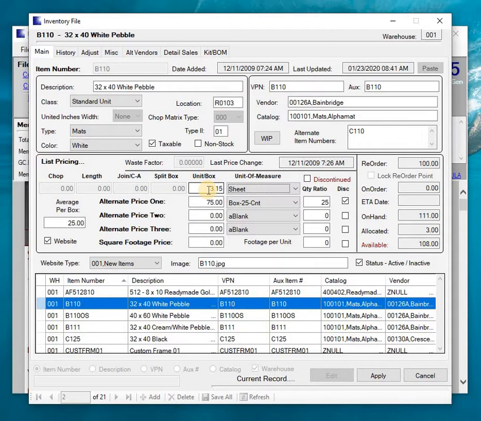And so that's how it's going to discount it with quantity breaks. And we'll look at the discounting later. But you can do this for a standard unit item. I can have alternate pricing. So as I'm moving through,